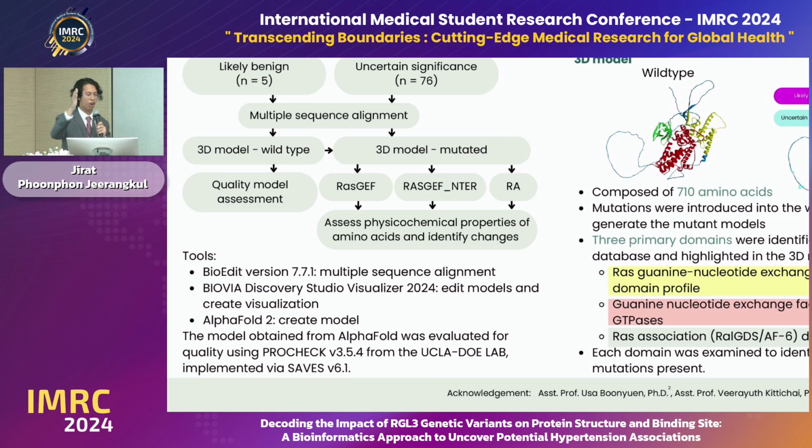After we knew where exactly the changes were from the sequence alignment, we constructed 3D models from it, comparing normal and mutated by using the AlphaFold tool, the AI that got its Nobel Prize this year. We modified it a little bit by using the BioDiscovery Studio visualizer tools. After that, we assessed the quality of the 3D models. And lastly, after we knew how it looks, we assessed the physicochemical properties of the amino acid in